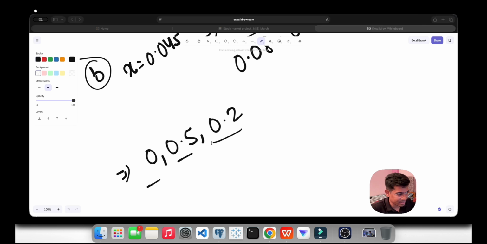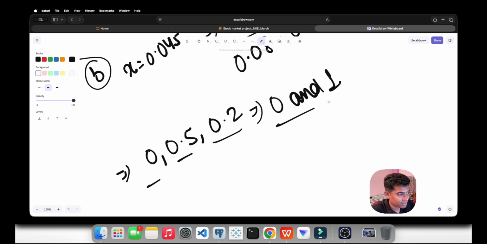Just an example, for the three data 0.01, 0.045 and 0.08. If we check the values, they are between 0 and 1.